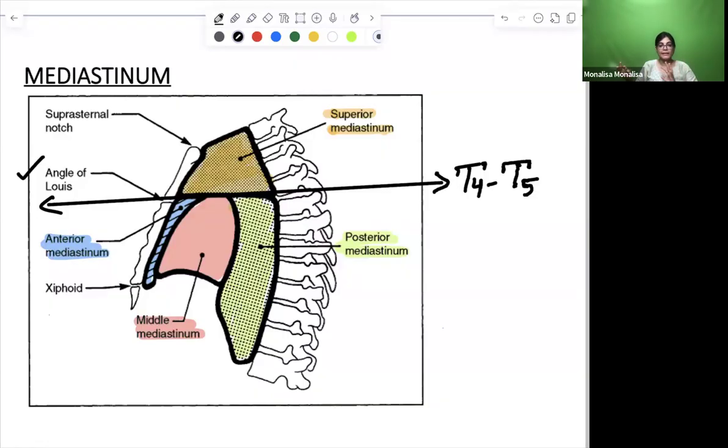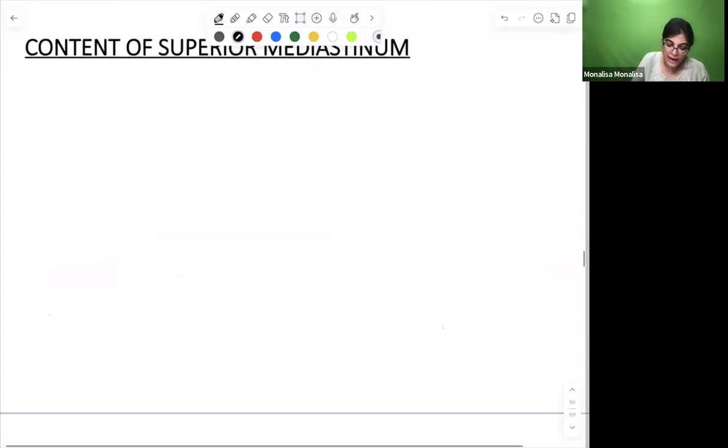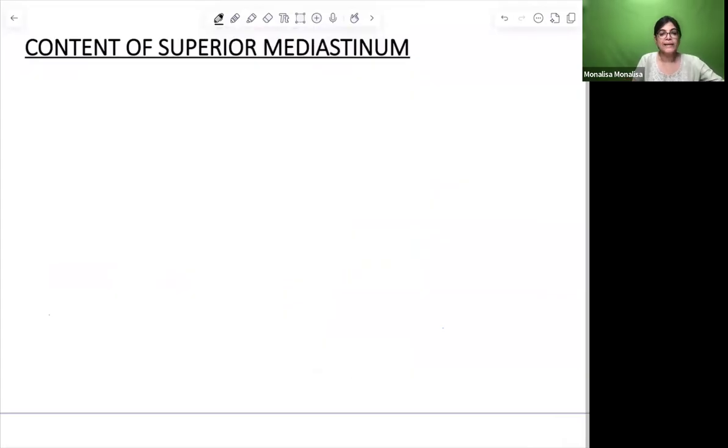Now we have to know about the contents of the anterior, middle and posterior mediastinum. So all of you quickly write down the contents. It is very important for your examination. So the contents are: